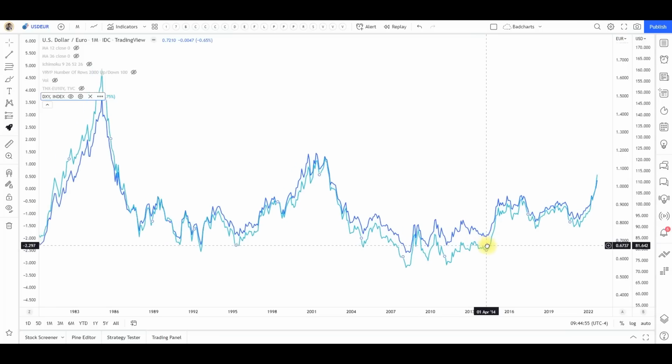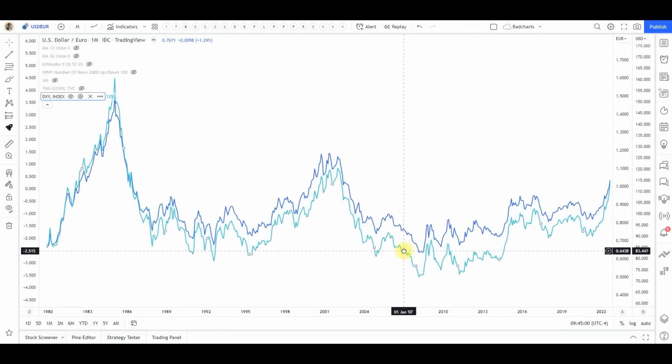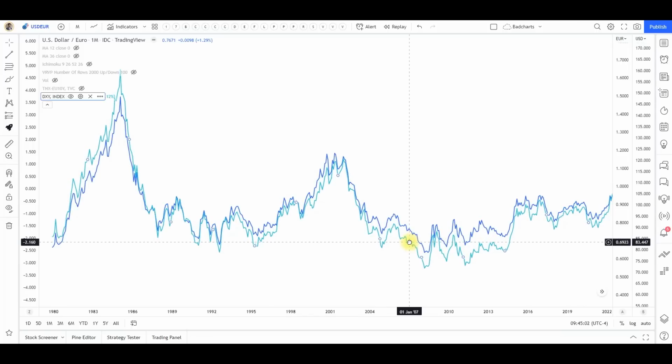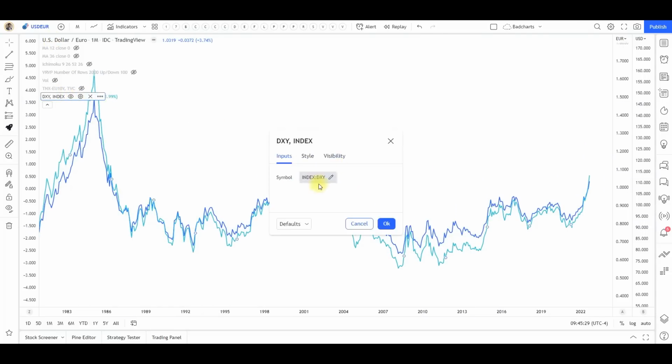So essentially that's a ratio chart, right? All Forex pairs are ratio charts. They're one comparing versus another. And as in all Forex charts, one thing could go up versus another while both are going down versus something else. Example, let's say US dollar measured in gold, or US dollar measured in anything else, or inflation, for example. So while the dollar could be going up versus the euro, it could be going down versus